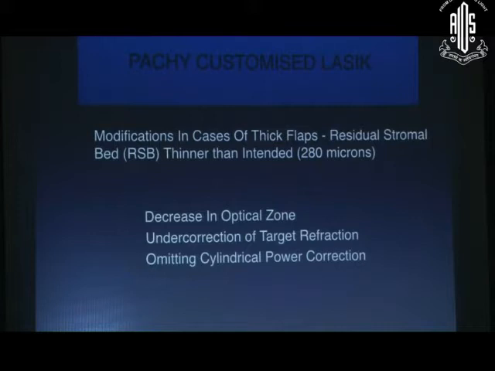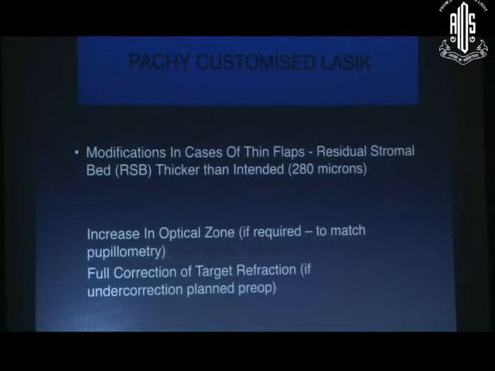So, what are the modifications? How do we use this tool to help us achieve better results? Now, in case of thick flaps, where we have got a flap thicker than what we had intended, we would leave a residual stromal bed at our centers of about 280 microns. So, in case we get a thicker flap, we can either decrease the optical zone, we can do an undercorrection, or we can, if it's a small cylinder, we can try and omit the cylinder so that the residual stromal